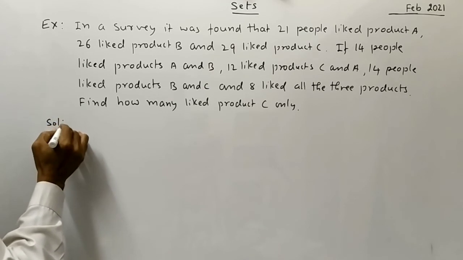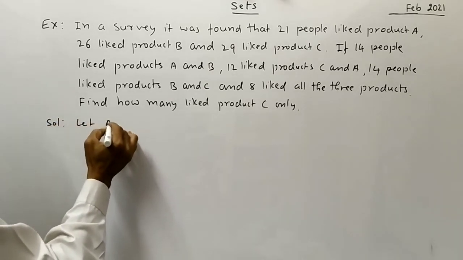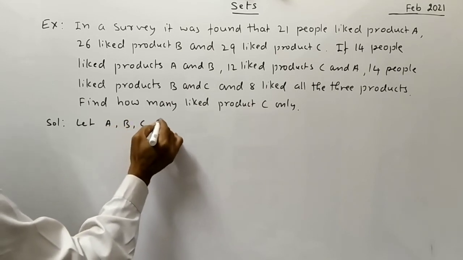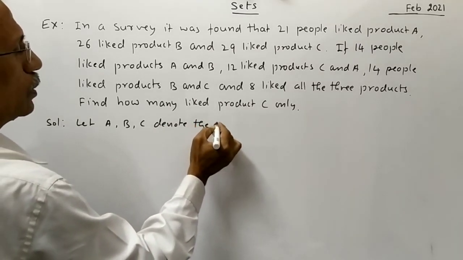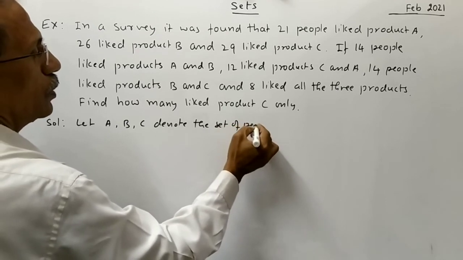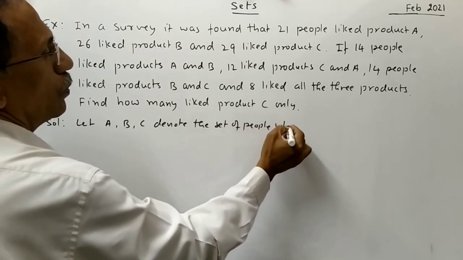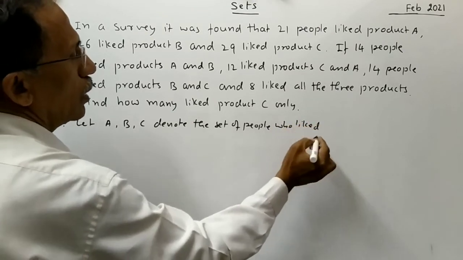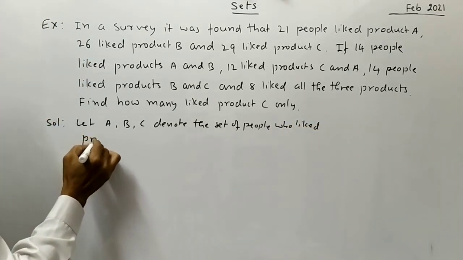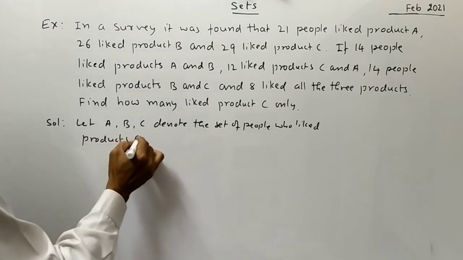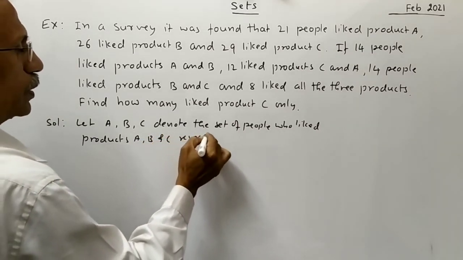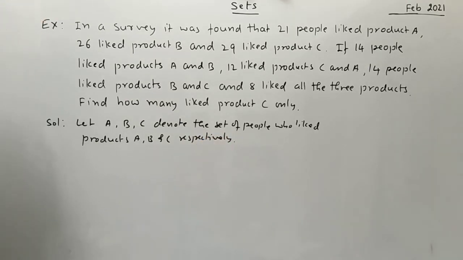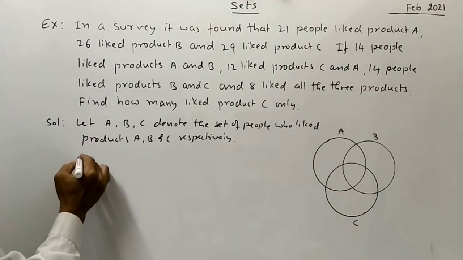Solution. Let A, B, C denote the set of people who liked products A, B, and C respectively. Then